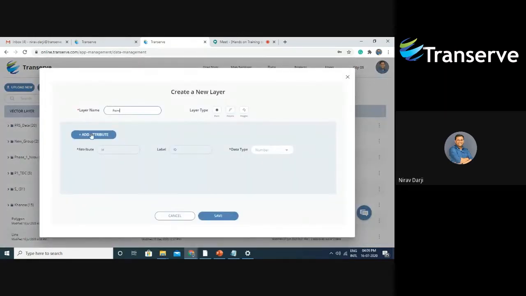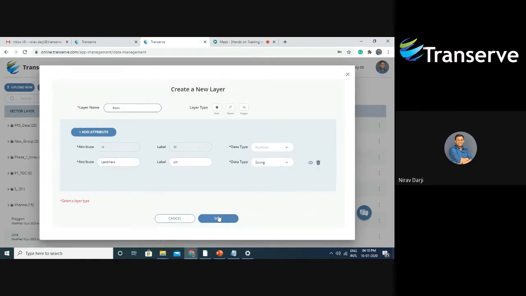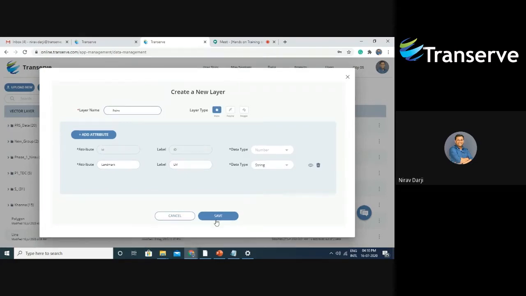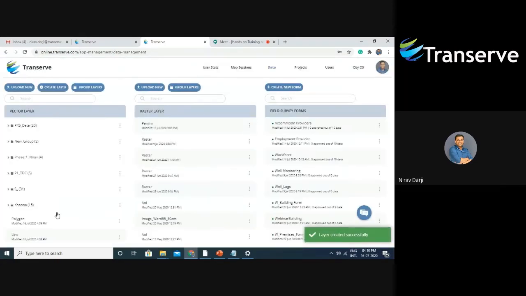In the same way, I'm going to also create a point layer as a landmark. Landmark will be in a string format. It will be the name of the landmark. So this way I've created 3 different layers.